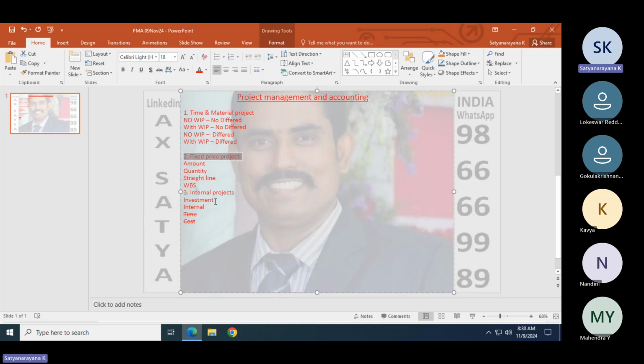An investment project means, suppose there is cabin construction within a software company, like you are working in TCS. A cabin is being constructed. It may not be finished in one day; it may take 2 to 3 months. Then we can create one internal project for that cabin, for whatever they are purchasing, like wood and so many other pieces. Those can be updated in the project.